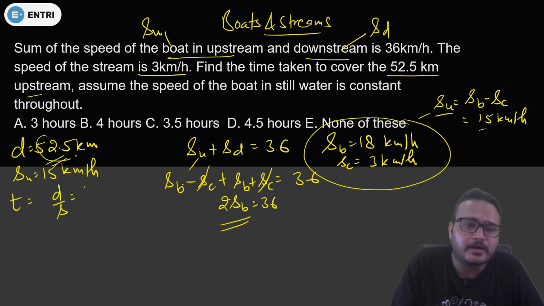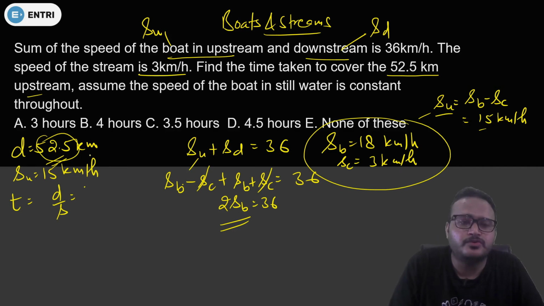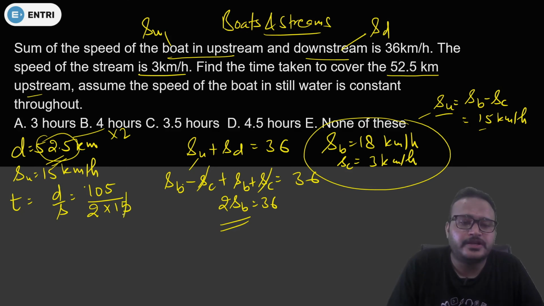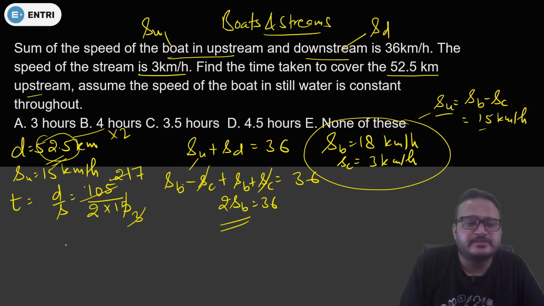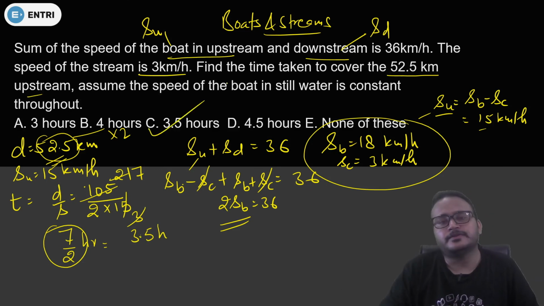So guys, in order to get rid of this decimal point, what do you need to do? You just need to multiply this by 2. Okay, so if you multiply this by 2, you will have 105, and you need to divide by 2 also, guys. Okay, so 2 will be here, multiplied by 15. Okay, guys, so 5 3s are 15, and here will be 5 21s. Okay, so 3 7s are 21. That means 7/2 will be your right answer, but in the options it is given in decimal, so this will be 3.5 hours. 3.5 hours will be your right answer.